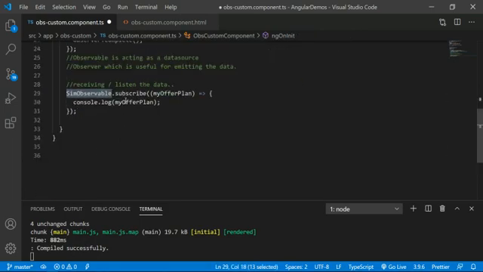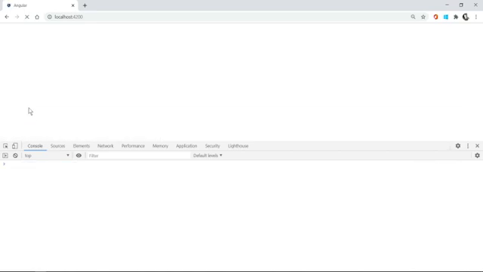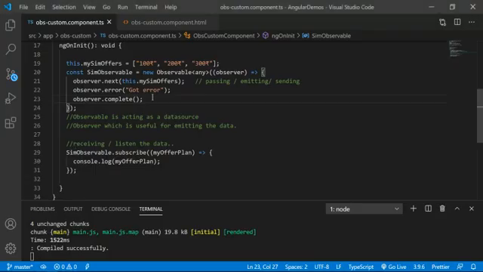But whatever data the observer sends, each and everything the subscriber is going to receive. Okay, so we will see that in the output. See, now the subscriber is taking the actual data, the actual row, and even the subscriber is receiving the error data. But the way of implementing is not the correct way. Whenever you are using observer.error and complete, it should be executed conditionally.